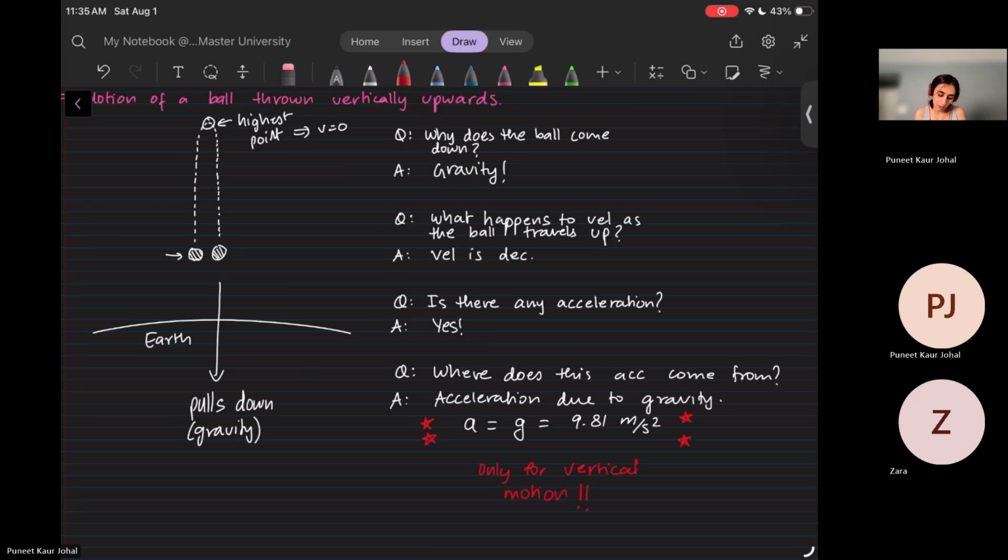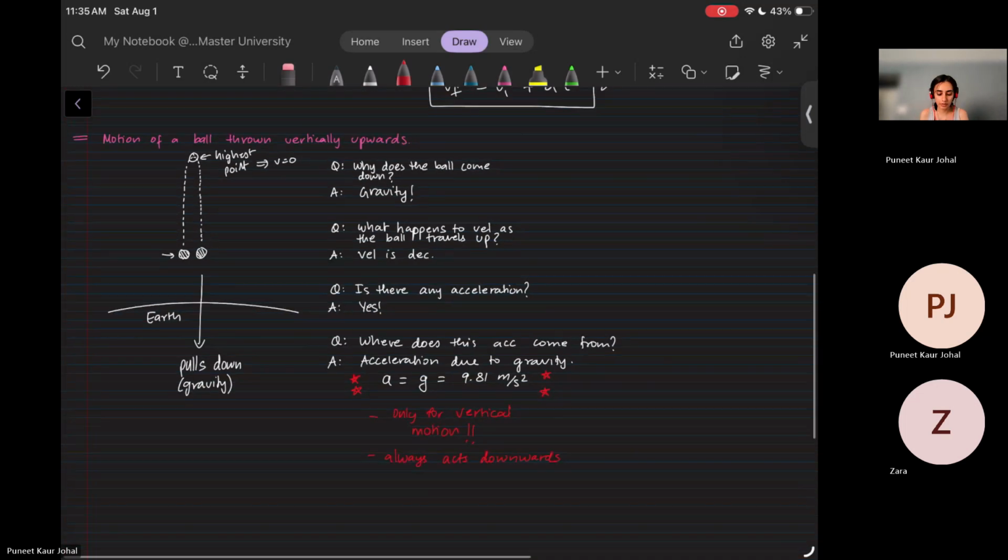Okay. And it always acts downwards because Earth, right? Earth's always going to pull things down. Okay. Does this make sense? Yeah. Okay. Perfect. Now, based on this, we're going to do an example,